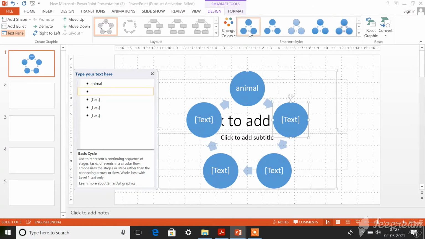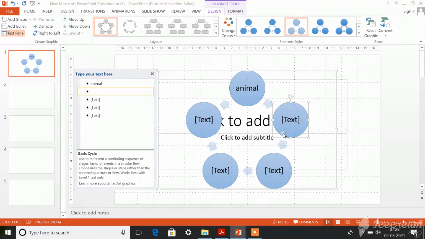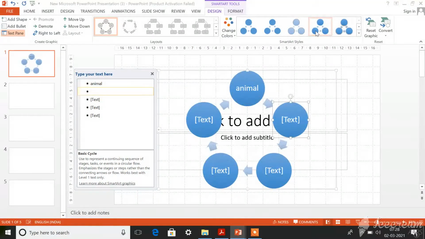When you click on Design, you can see 5 more designs for the art that you have chosen. See, this is the initial design, and when you click the next one, it will be a little different from the first. Third one, the color has changed, right? And fourth one, it will be a little more different. You can see slight differences among these 5 styles. So whichever style you like and feel is best, you can choose that. So the next is the Format option.